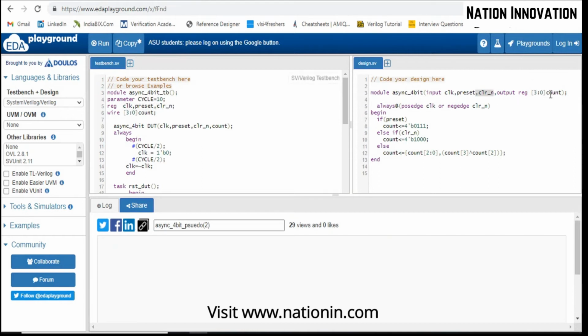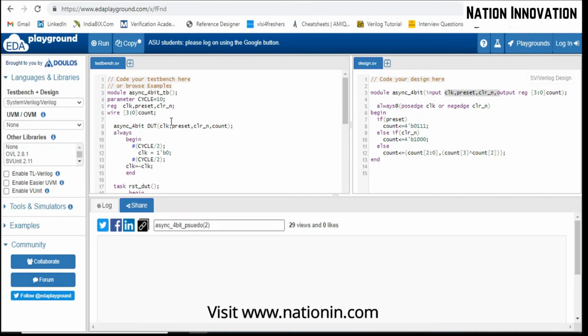If there is an output count, then we have to take the count as a wire type in the test bench. The size remains the same, but whatever the output in the DUT, we take it as a wire in the test bench, and whatever the input in the DUT, we take it as a reg type in the test bench.